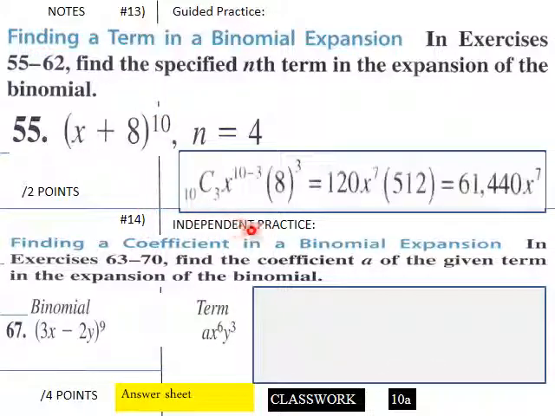So to solve that one, again, we just use our formula and we plug in here. 10c3, x to the 10 minus 3, 8 cubed. Here's our y here. And then we just crank this out and we get 120x to the 7th times 512. Here is what we are trying to find, the nth term. So n4 would be 61,440x to the 7th